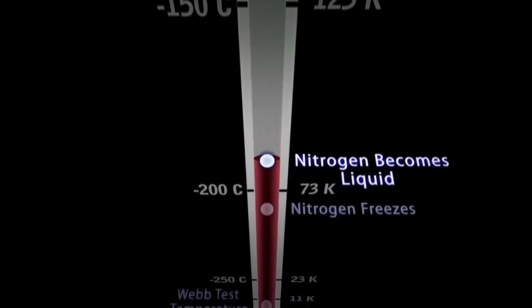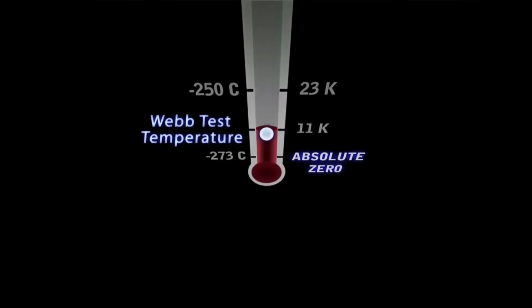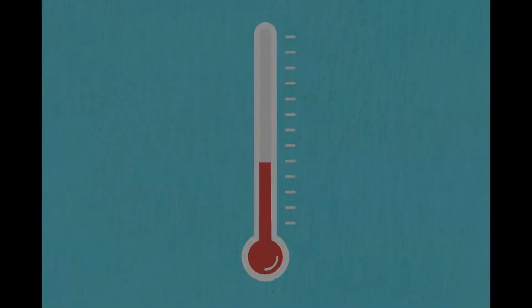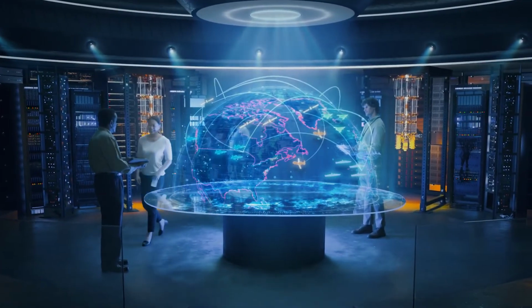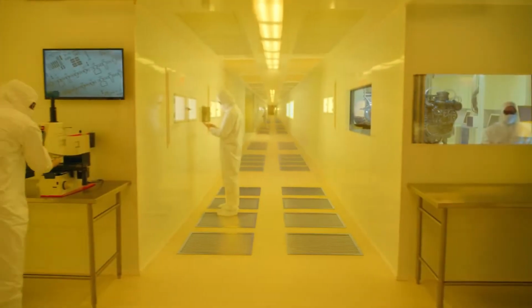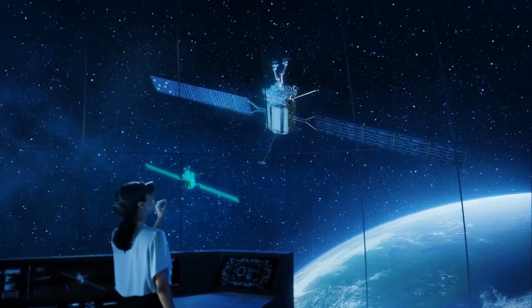But for MIRI to work in the longest wavelengths, operating temperature should be less than 7 Kelvin, according to the director of the UK Astronomy Technology Centre in Edinburgh. If the temperature is above 7 Kelvin, then the inherent motion of the atoms inside the detector creates a charge, which is also called the dark current. To achieve the operating temperature, the engineers of a US aerospace manufacturer, Northrop Grumman, developed a cryocooler, which is a heat exchanger using helium as a working fluid to extract heat from inside of MIRI and dump it away from